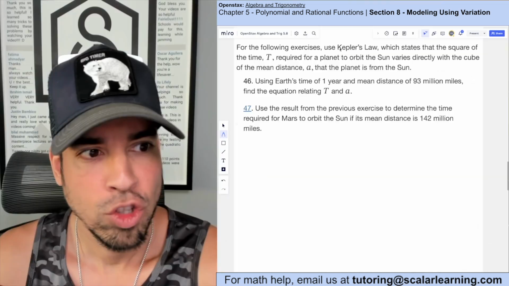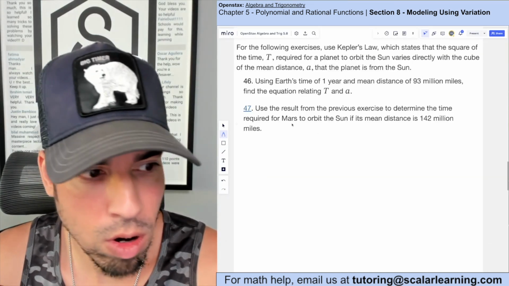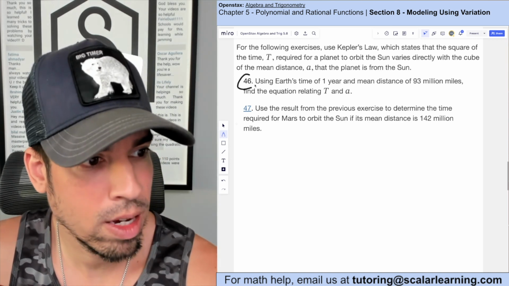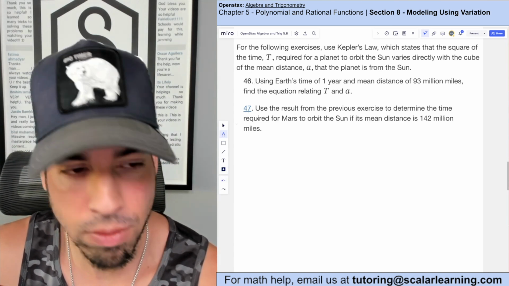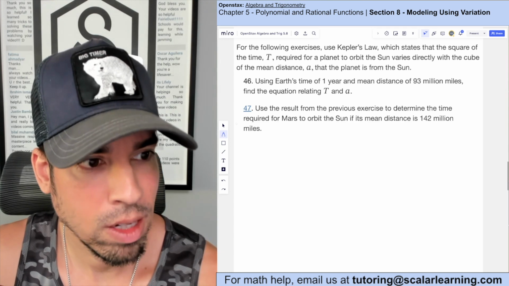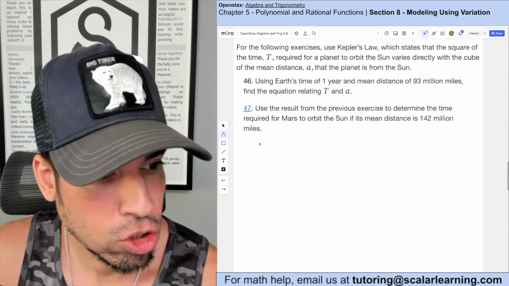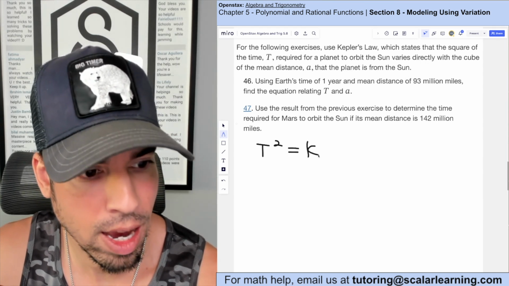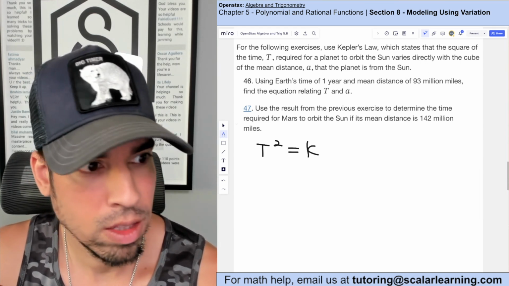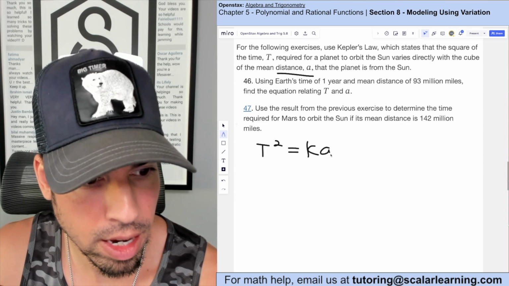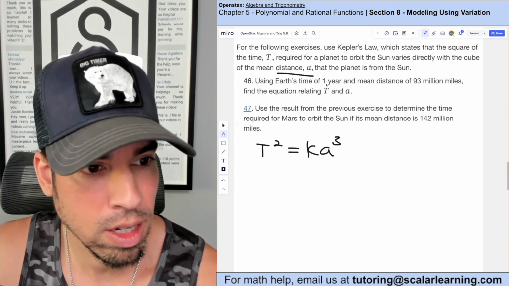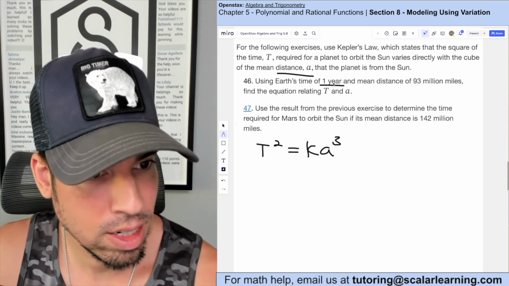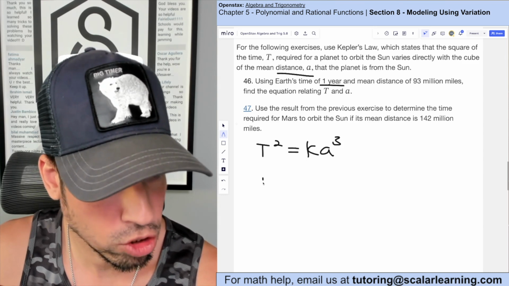Boom, done. So for this one, it's asking us to use Kepler's law for 47, but it's asking us to rely on what we get for 46 to solve 47. So we're going to start by setting up this equation. It says the square of time is directly proportionate, meaning k, times the cube of the mean distance, aka a cubed. So we're going to start with this, and then it says if we know that t is 1 for Earth, so 1 squared is just 1,